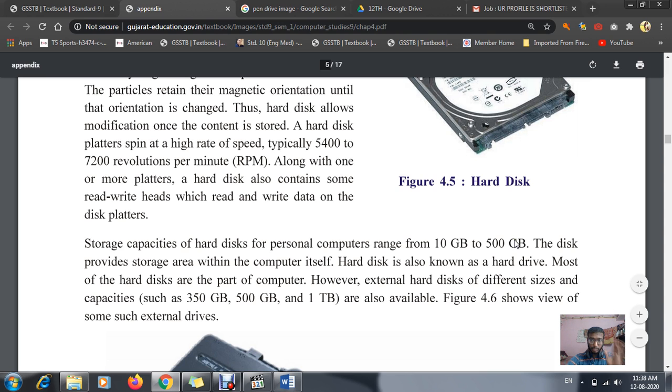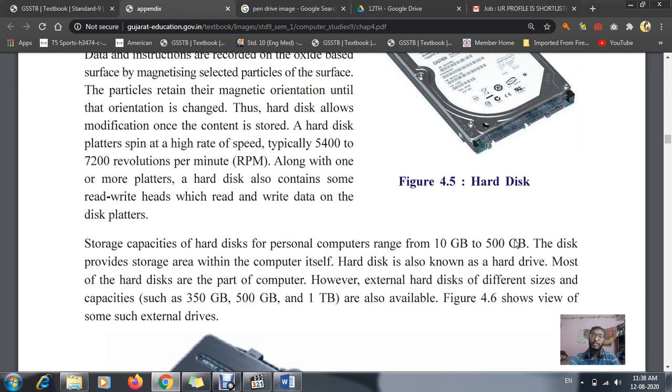As I told you, this textbook is an older version. According to this textbook, they are writing 500 GB. Don't think it is 500 GB till 8 TB, 1 TB or 2 TB. Over here you can see 350 GB, 500 GB, 1 TB. Right now we are getting more than 1 TB hard disks also. But since this textbook is an older version, we have to go according to it. For your additional knowledge, in normal computers nowadays we are getting a 1 TB